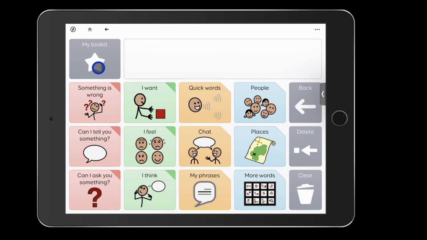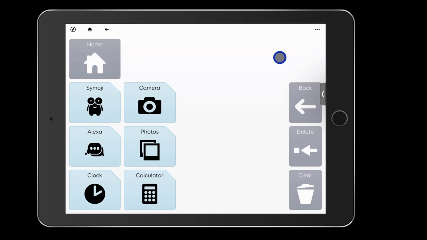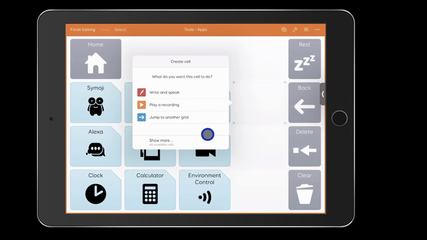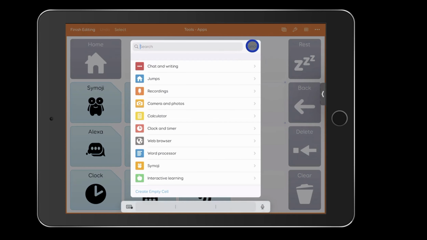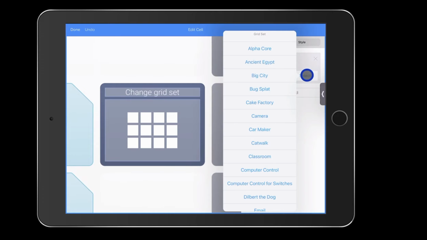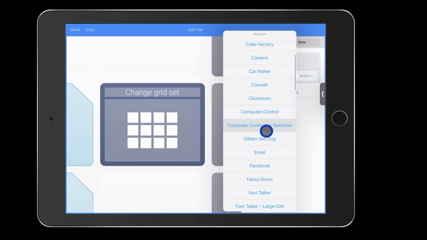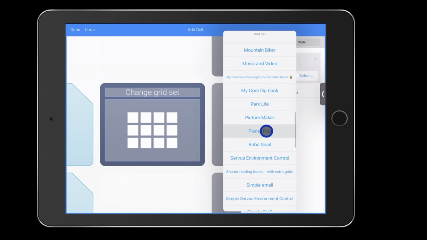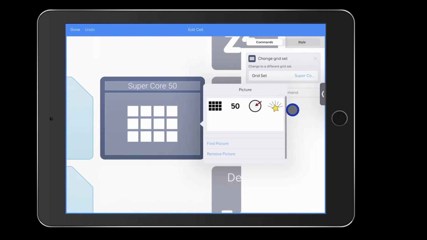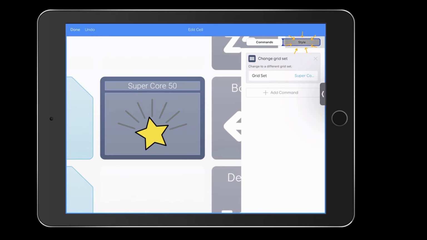So when I'm in VocoChat, I go to my toolkit, apps, and I repeat the same process. I go to the top right to get my options menu, select edit grids, and then I will select an empty cell, show more cells, type in change grid set. And from here, instead of selecting VocoChat, I'm going to select SuperCore 50. So I'm going to swipe until I see SuperCore 50, and then I'm going to change that to say SuperCore 50. I'm going to change this icon to a star, and I'm going to go to the top, select style,